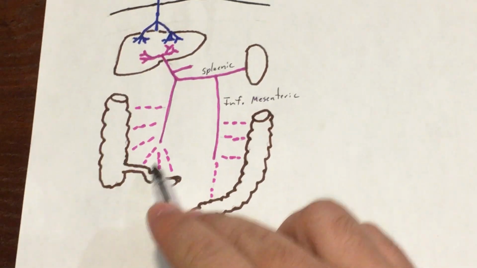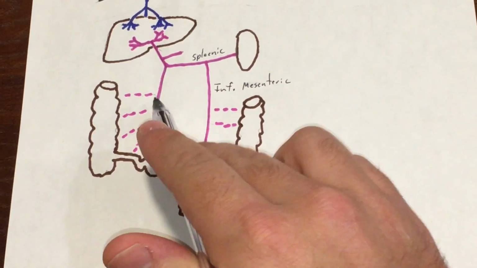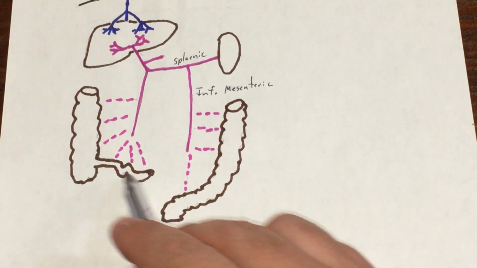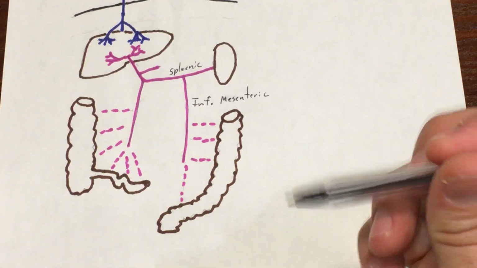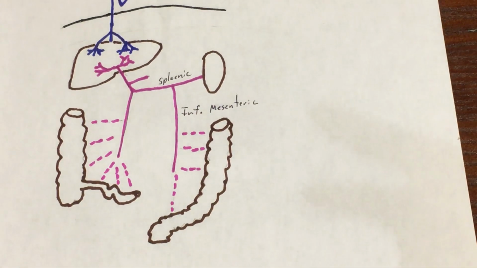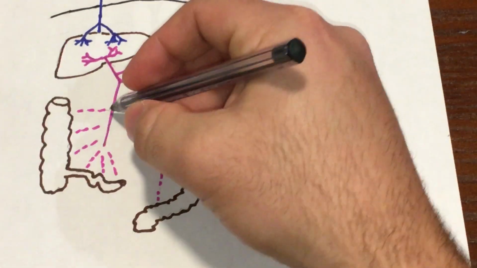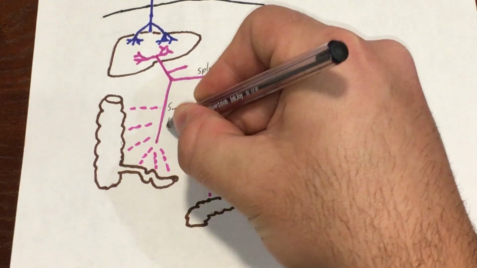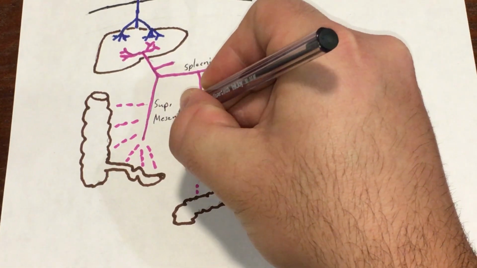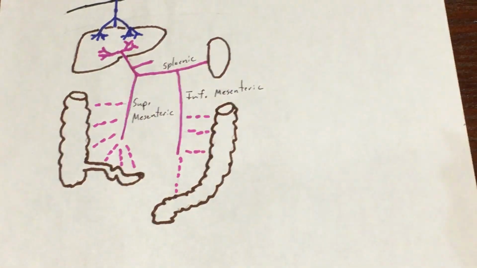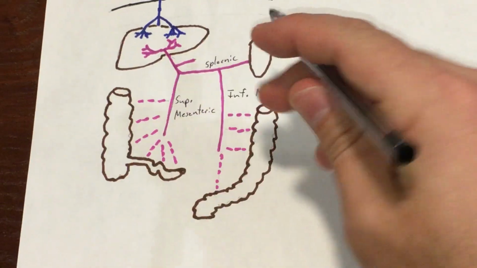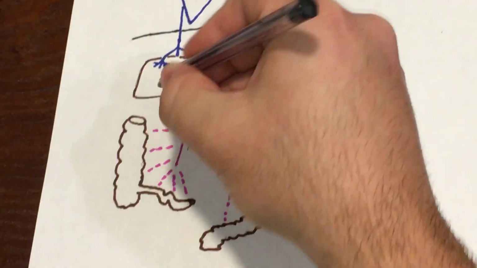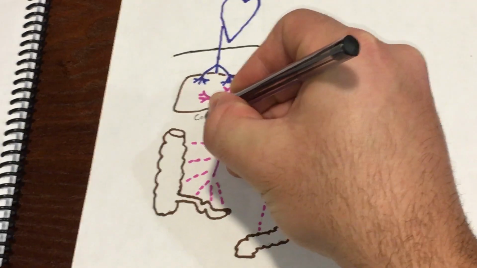All right, and then let's kind of meet it up at this branch point. So all of these were coming off the ascending colon, the distal end of the small colon, or I'm sorry, the small intestine. And then it will lead to this major vein right here called the superior mesenteric vein. And then it'll lead up here to where it's going to converge with the splenic vein and turn into the common